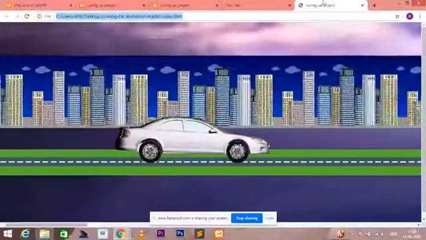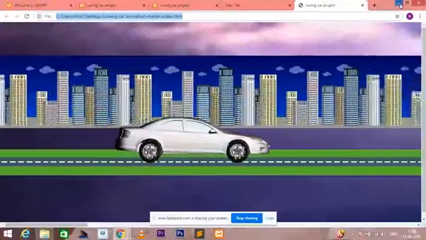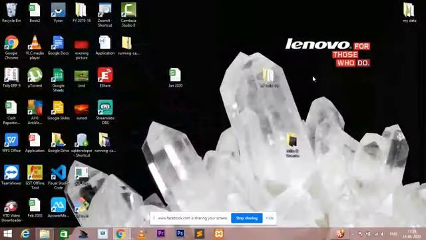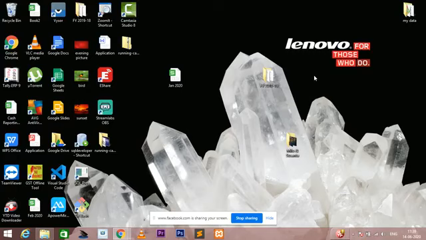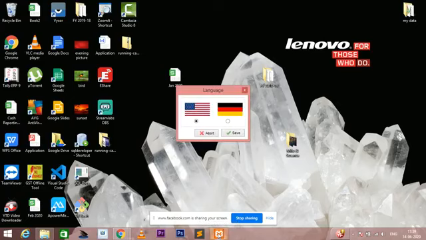So how can we do that? Basically, XAMPP server belongs to PHP. The people who are working on PHP use the XAMPP server basically. And next, I will tell you that XAMPP is an offline server, and when I double click on that, this dialog box opens here.